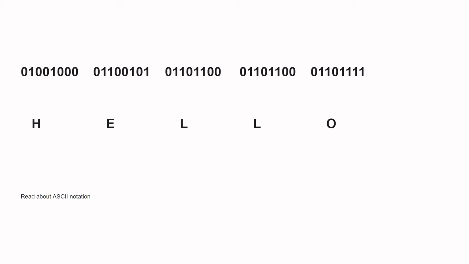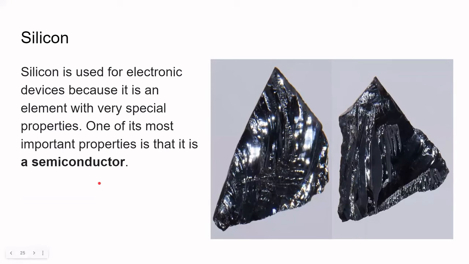And why do we worry so much about that? Why have we created a binary notation for each symbol? Because computers only understand binary. They only talk in terms of zeros and ones. So let's understand why. But before we understand that, we have to go to the very beginning, to an element,